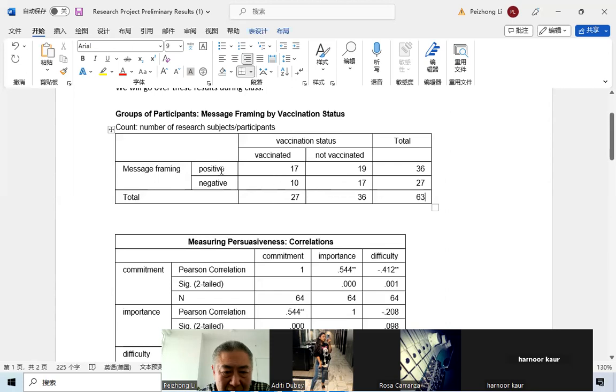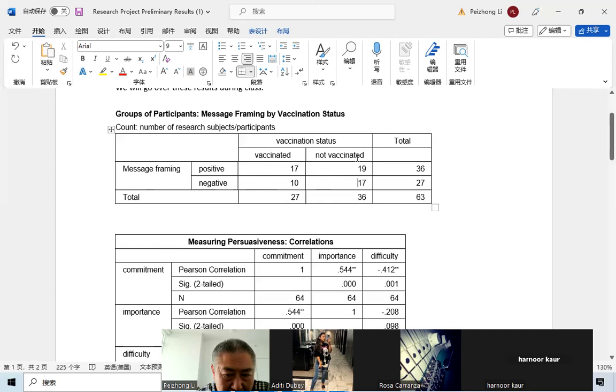And so you can see that in the positive framing vaccinated group, there are 17 people. So 17 people were in the group that received a positive message and they are vaccinated. And 19 subjects who were in the positive framing group were not vaccinated. 10 people who were in the negative framing group were vaccinated. And 17 individuals who received the negative framing questionnaire were not